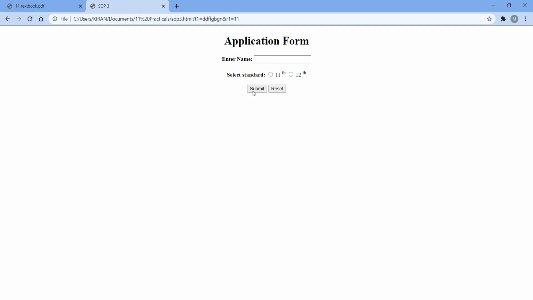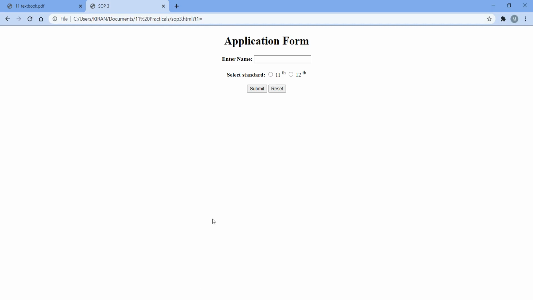Now in this case we don't have any server program, but online, whenever you are filling in an online form, whatever data we submit will be sent to the server side when we click on the submit button. And when we click on the reset button, whatever data I have filled in my form will all be cleared. Okay, so you can also add a reset button. They have not mentioned anything about it in the question, but no problem, you can also add it.